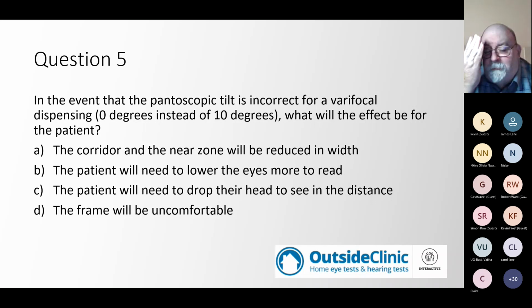But if I then flatten it on the scanning phasimeter, then you see that those isocylinder lines get closer and closer together until they almost meet. Richard Edwards from OCCS and I were having a discussion earlier on in the year, and he was telling me that a lot of people that complain to OCCS about their progressive lenses, it's due to the fact that the pantoscopic tilt is incorrect, and we've therefore lost the intermediate zone. So this one